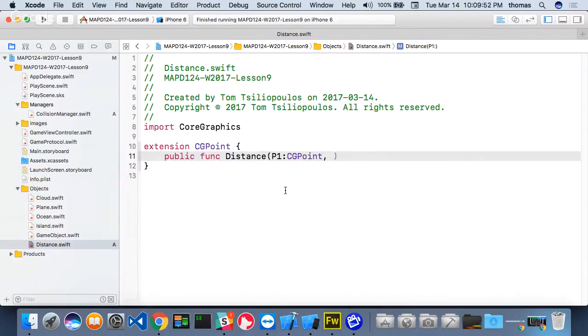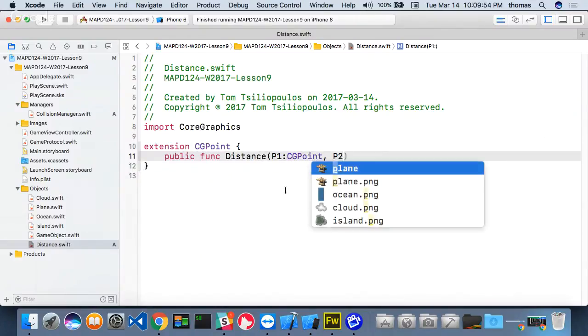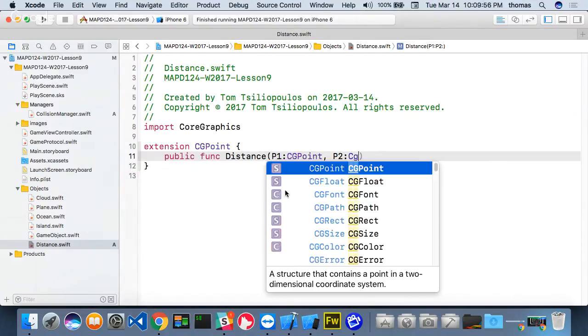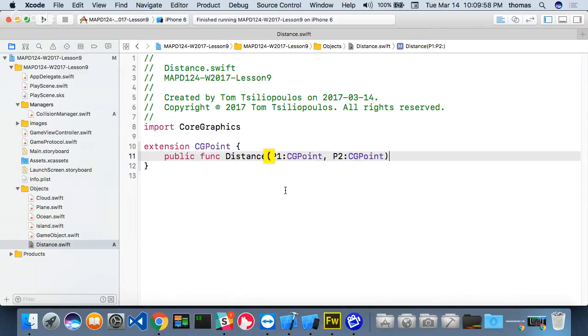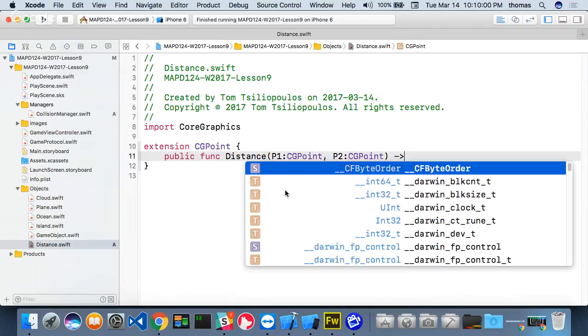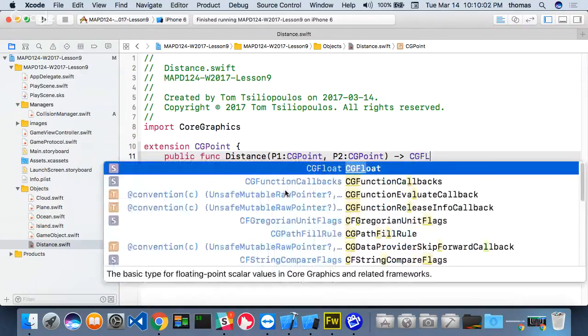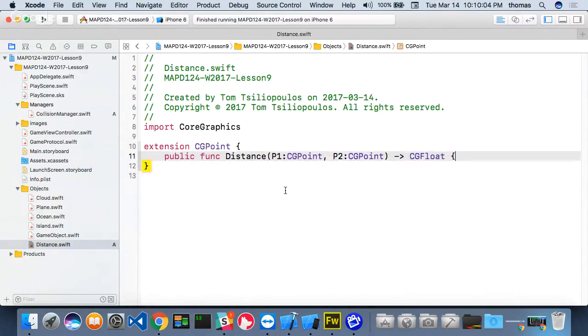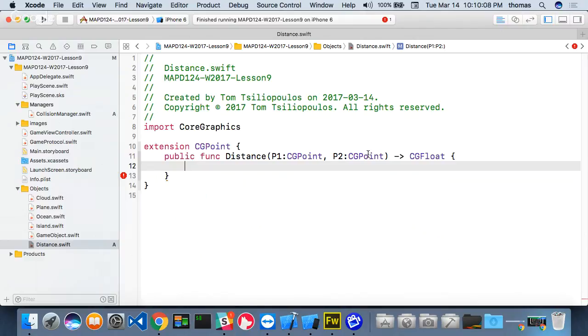And then I'm also going to take a point 2, which is also a CGPoint, and it's going to return CGFloat. So what I want to get is the distance between two points. And if you guys remember the formula for that,